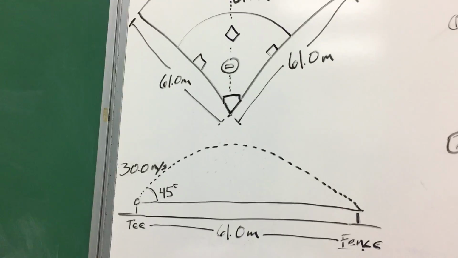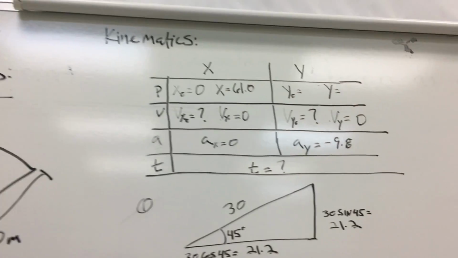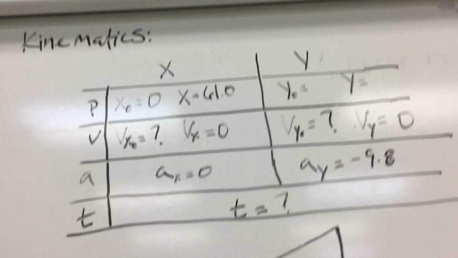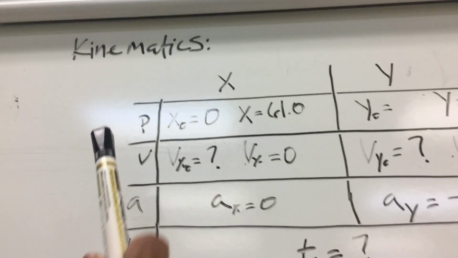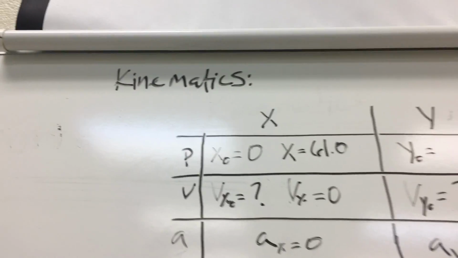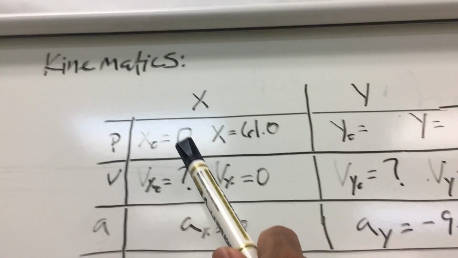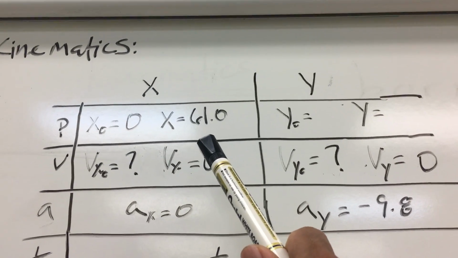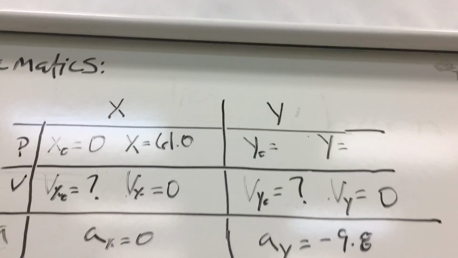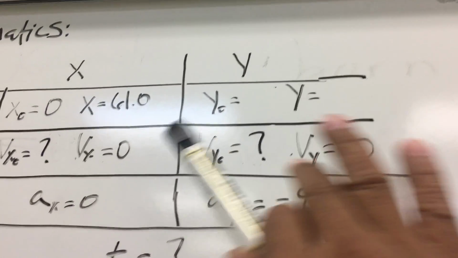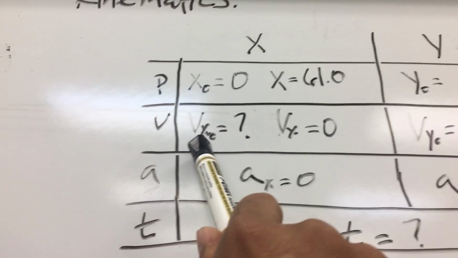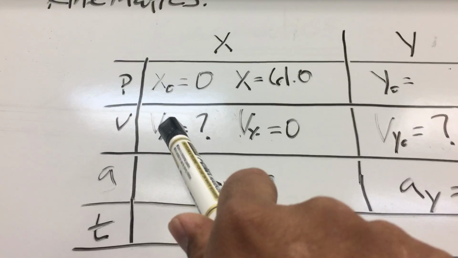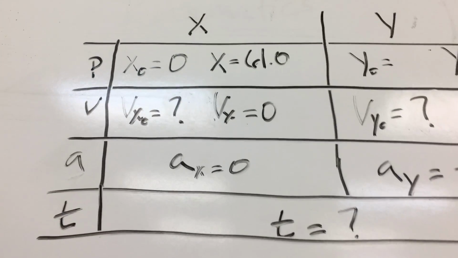All right. Okay, so we're going to do some kinematics. I have my information up here. I have an equation. I put position, velocity, acceleration, and time. All right, the position starts at 0. X is going to be 61 meters. Y, as I was going through this, I wasn't really concerned about the Y. So velocity for X naught, we have it. We'll do the equation. I'll punch in that number,